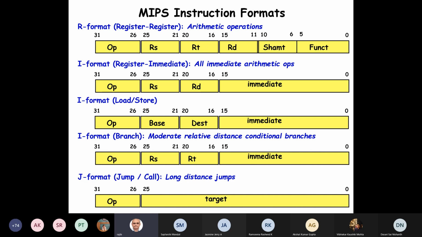So the offset is in words here. But that is also not too large, because programs can be large, hundreds of thousands of lines of code. And how do you jump? Will it work? Answer is yes. We can convert a branch into a long jump. We can combine these two. We'll just see an example today, even though we'll not write such large programs in this course, but just for our understanding of how it can be handled.